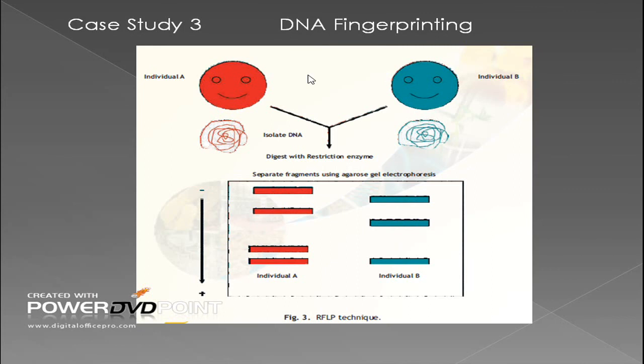So like this, the RFLP technique is used in various fields, but due to some negative aspects, it has not been used extensively. First of all, it is very tedious and slow, and it requires a large amount of DNA. The process can take a very long period of time, up to a full month to complete. So because of these limitations, the RFLP technique is not used more frequently nowadays.